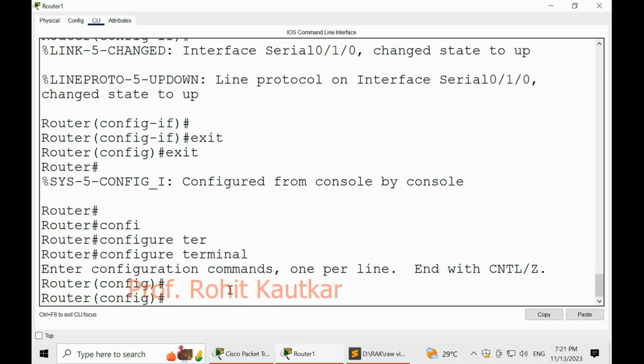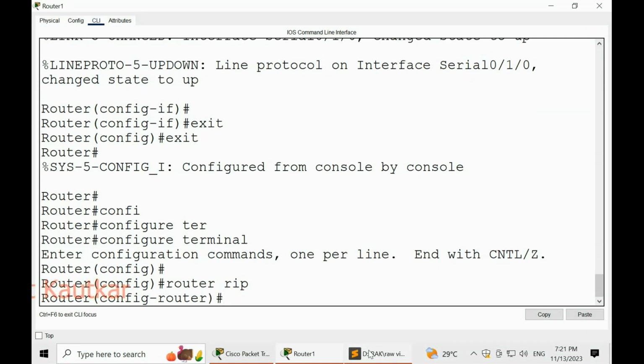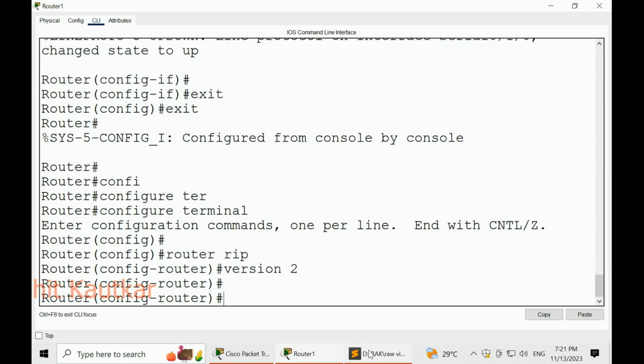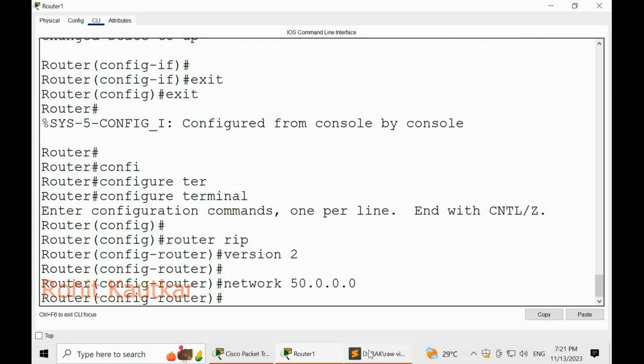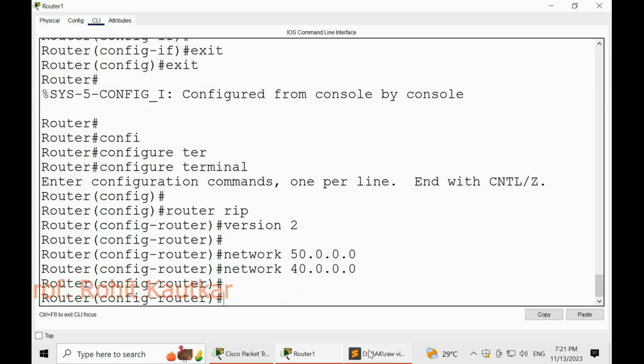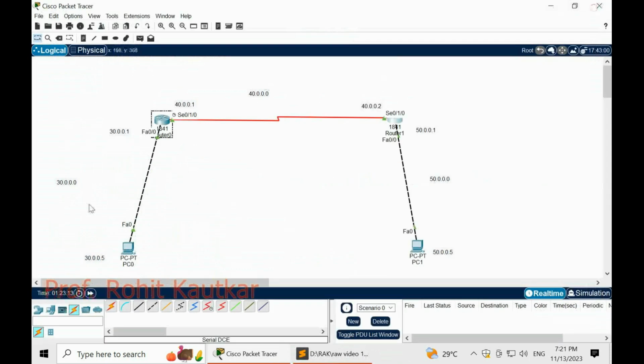Now here we will specify the command router RIP, version 2, and now specify network. First network is 50.0.0.0, second network is 40.0.0.0. So the configuration of the second router is also completed here.